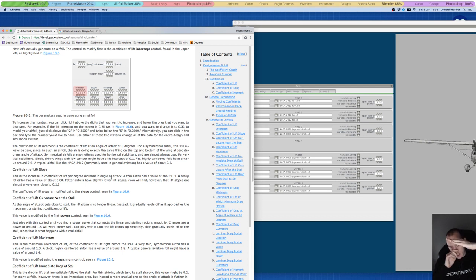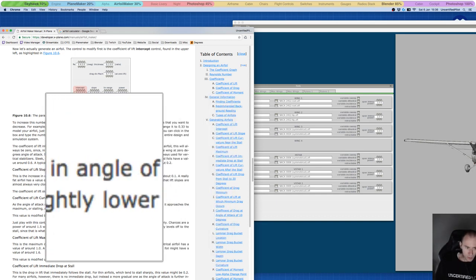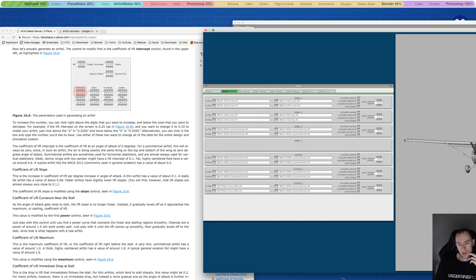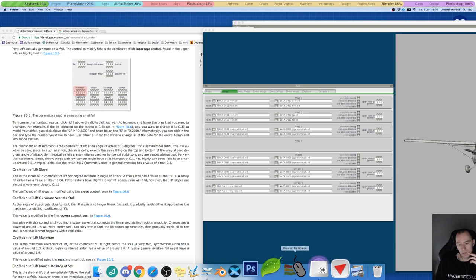Now, I would suggest that a thicker airfoil, with a 1 degree increase, would generate more lift than a 1 degree increase of a thinner airfoil, but it's actually the other way around, 0.1 to 0.08. Then the only thing that I can explain that by